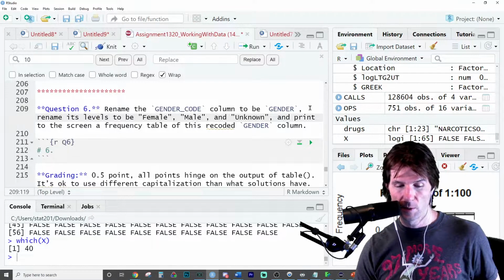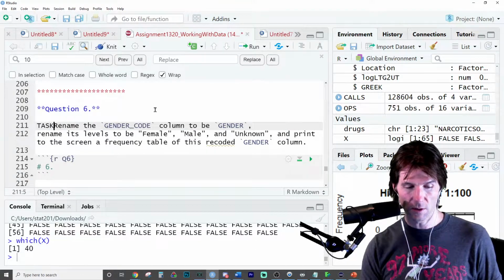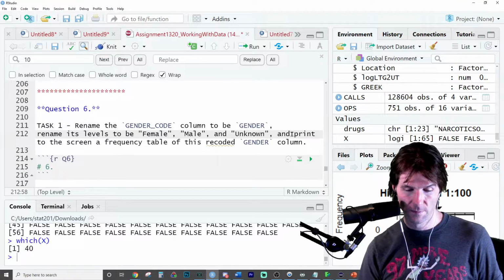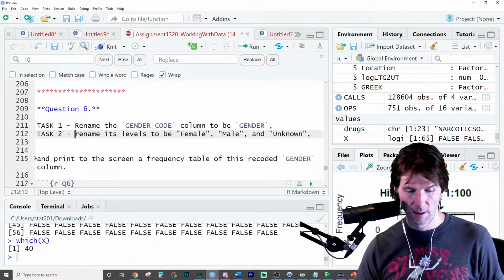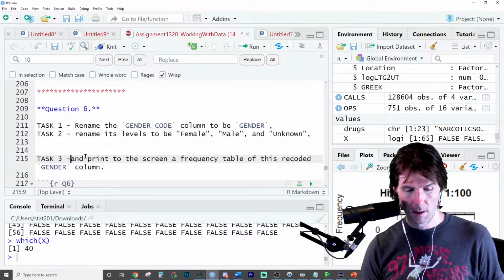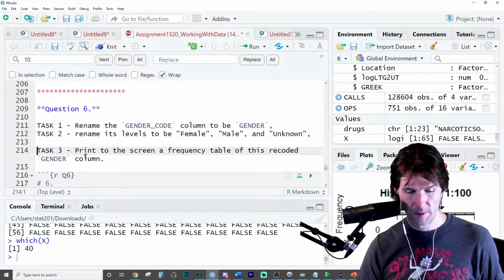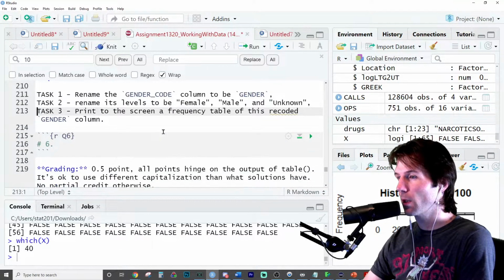Task 1. Rename this to gender. Task 2. Rename its levels. Task 3. Print the frequency table. Don't try to do it all at once. You know how we code. Little bits. So we code right there in little bits. Don't do it all at once. So how could we